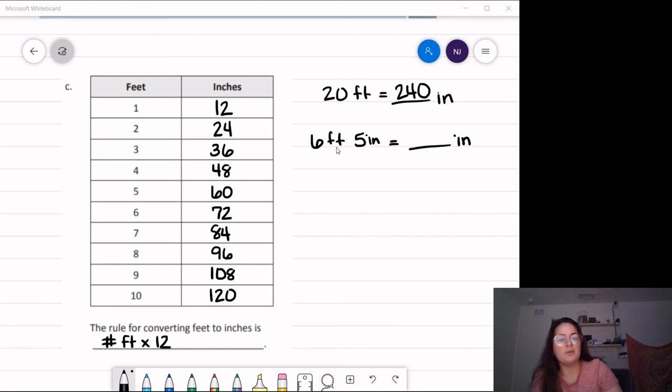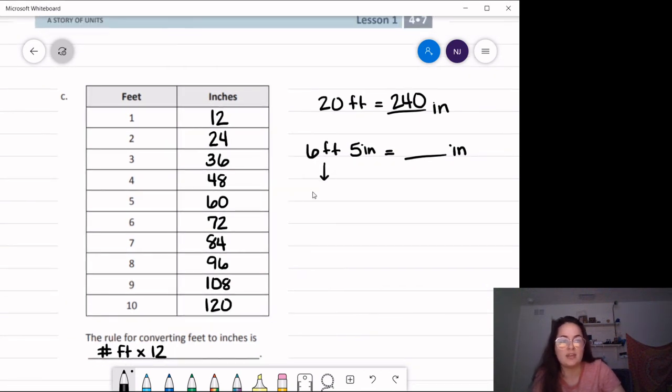All right, so we would look at our 6 feet. 6 feet times 12 is 72. We also know that from our chart here, so we would turn our feet into inches. So we've got 72 inches plus the 5 inches we already had, and that is going to give us